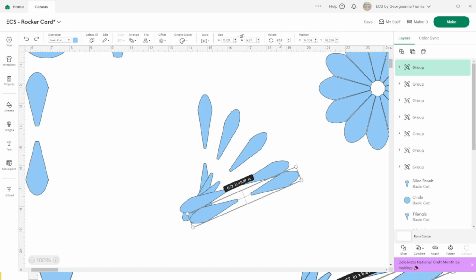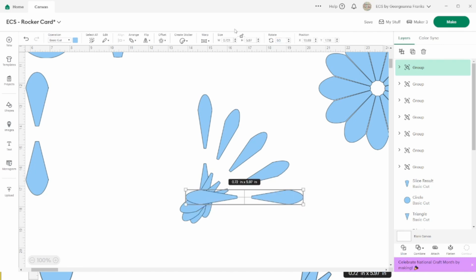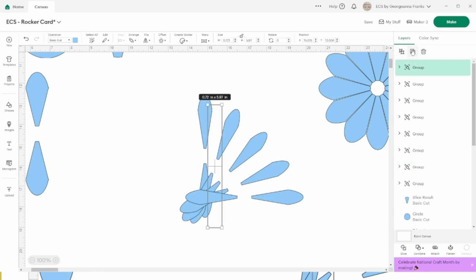So 22 and a half and 67 and a half, it should be 90. Did I put in the wrong number? Yeah, I must have put in the wrong number. Okay, so let's go back to this one now. Plus 22 on top of 90 would be 112.5,